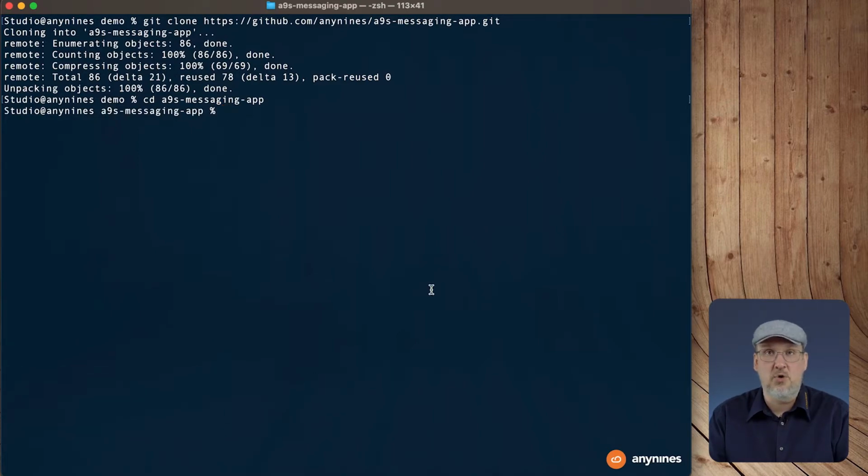We will find 2 folders in this repository containing both applications. One is the sender, which sends the messages, and the other is the client, which receives the messages. If you've seen the anynines PostgreSQL demo, then you remember that we created a service instance,